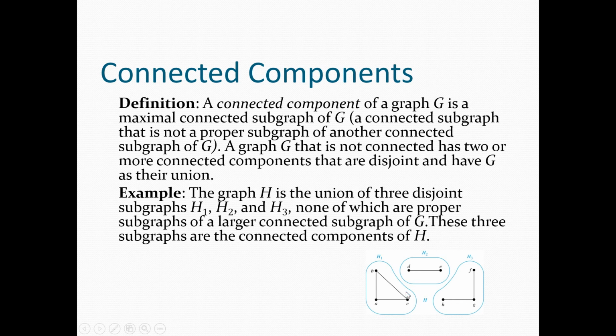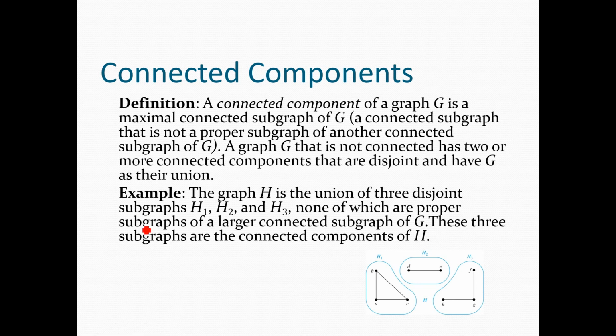So that is why these are called the connected components. These subgraphs are connected, but on the whole, the supergraph is not connected, though its subgraphs are connected. So the number of subgraphs which are connected within, but disconnected with each other, is the number of components of